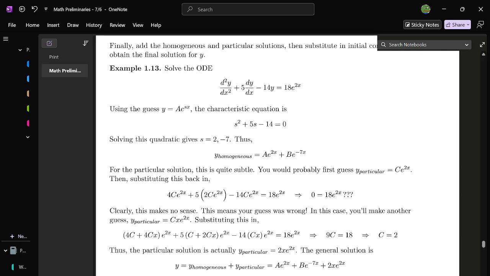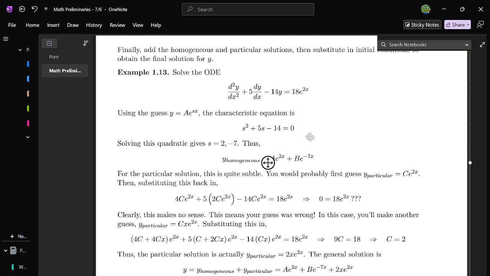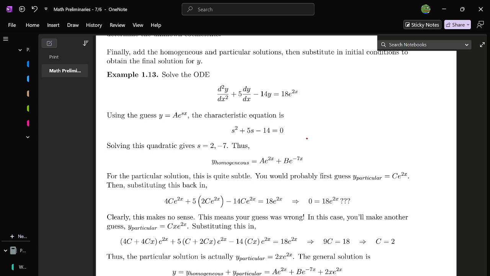For this ODE here, again we use the same guess, the exponential guess. We find a quadratic equation for S, and we solve the quadratic equation. In this case, we have two real roots that are unique, and that's the easiest case. So using your values of S found, you can write this as your homogeneous solution. Now, for the particular solution, this is where things get a bit interesting, because you might be first tempted to guess